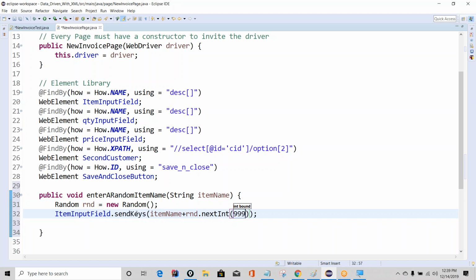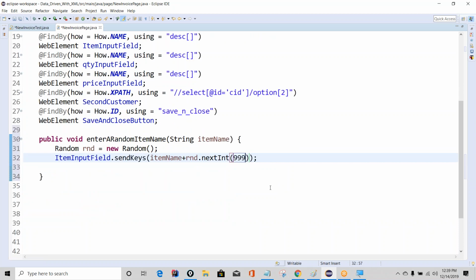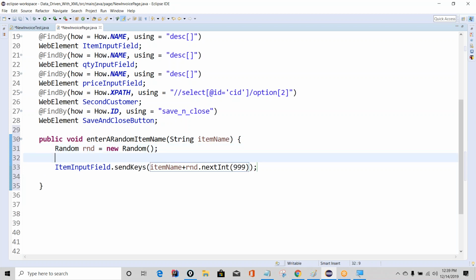Unfortunately, you do have to save this data too, right? What you're sending. So you're gonna have to validate, but I don't want to go there today. I think I'm just gonna finish this test case and then let you guys go. Let's store this because we're gonna need this. Right now, it's not storing anywhere. It's passing directly, yes? Here's what you can do. String item name or expected